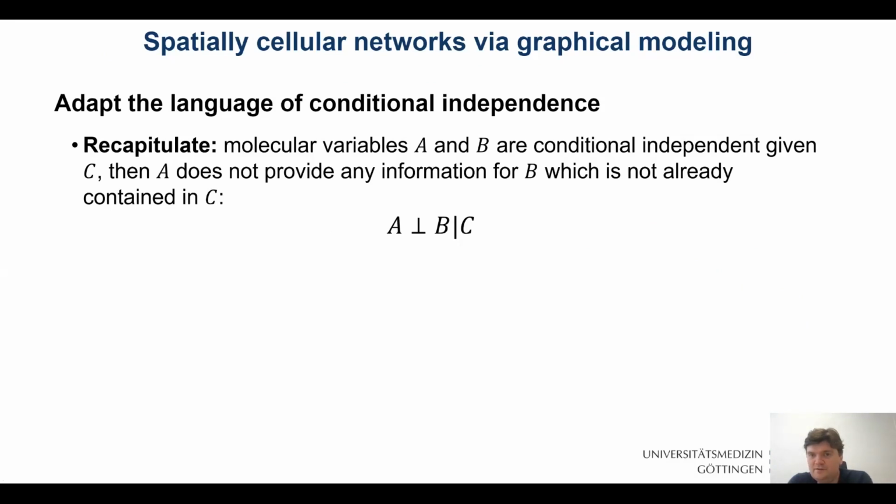I introduced some language of conditional independence, and there I mentioned that if molecular variables A and B are conditionally independent given C, then A does not provide any information for B which is not already contained in C. And I just repeat it here because we now use the same language